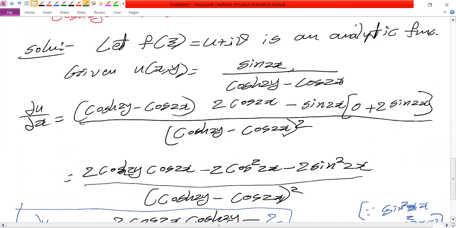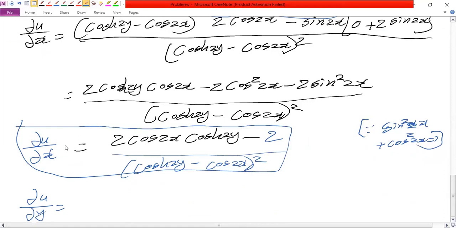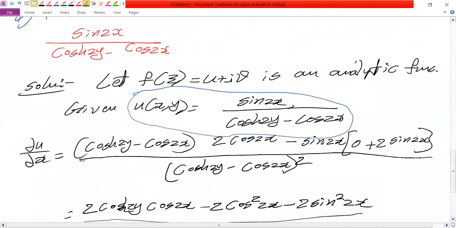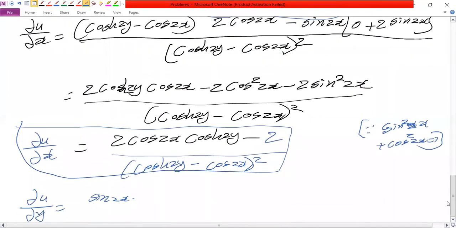Dou u by dou x. So this is the u function. Now we need to find dou u by dou y. So the numerator sin 2x is constant because when doing partial differentiation with respect to y, we treat x as constant. So the numerator will be constant. Sin 2x is constant. And then if we observe, the denominator is of the form 1 by (ax plus b). Then what is the differentiation of 1 by (x plus b) with respect to x? Minus 1 by (x plus b) whole square into the differentiation of (x plus b). In the same manner, minus 1 by